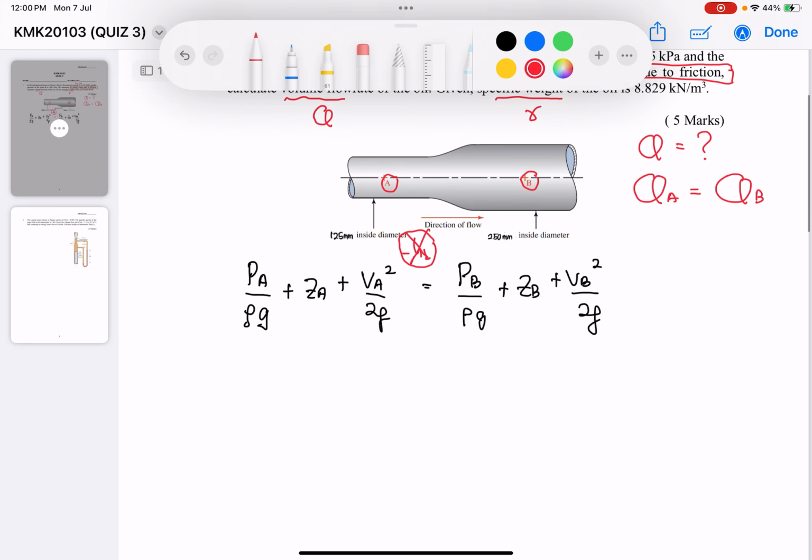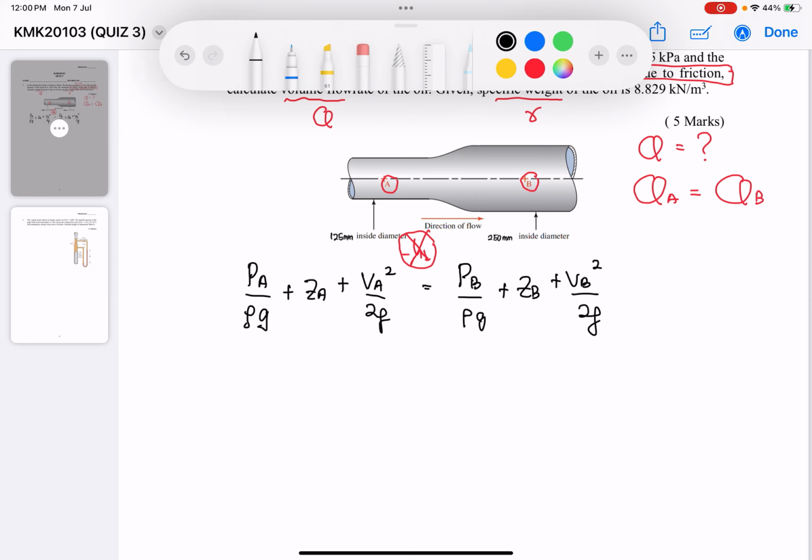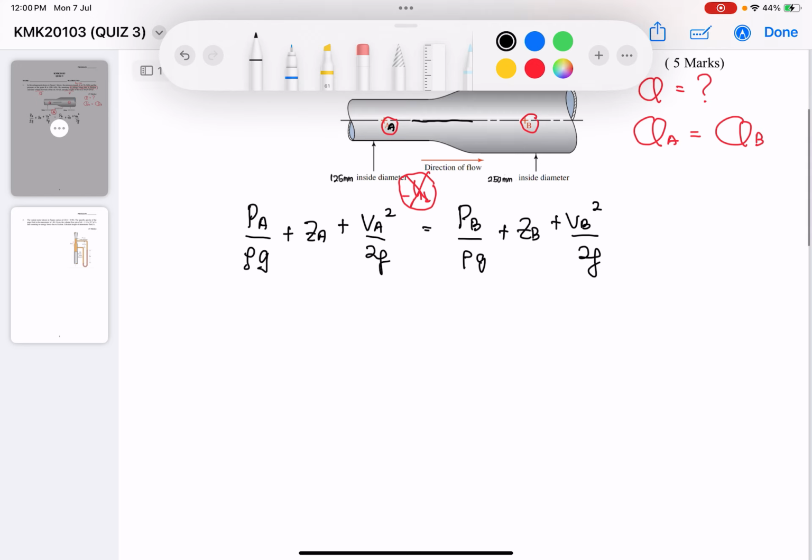Therefore, in this equation, we don't have the term HL because we simply assume it is equal to 0. And then obviously, if you notice, point A and point B here are at the same elevation. So, if I draw my pipes, it looks something like this. This is going to be my point A, this is going to be my point B, and let's say this is my reference point. The height of point A